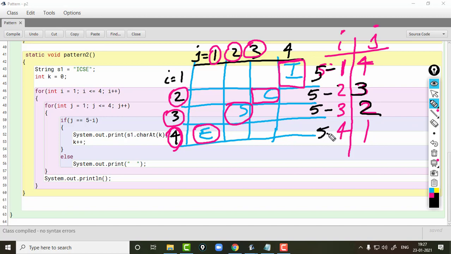If I do 5 minus 4 here, I will get the next value of j, that is 1. That means I can derive from this that j should be equal to 5 minus i. When this condition is true, then and only then will I print the characters.